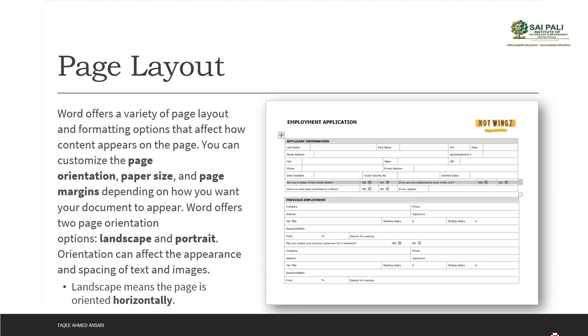Now these layouts and paper size, this layout includes the page orientation, paper size and page margin. You should select these first, before creating the document. That means when you decide to create a document, you should decide these things before that. If I created it in one size or orientation and then try to convert it into another orientation, sometimes your document misplaces the text, images and all that. So you should do this when you create the document.